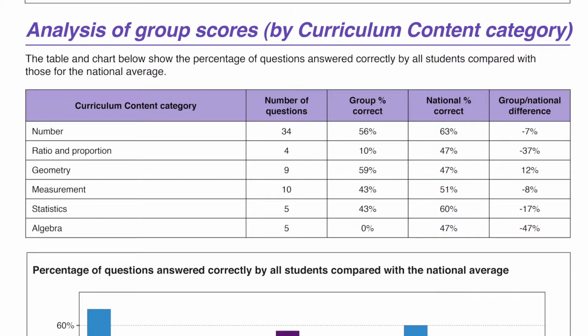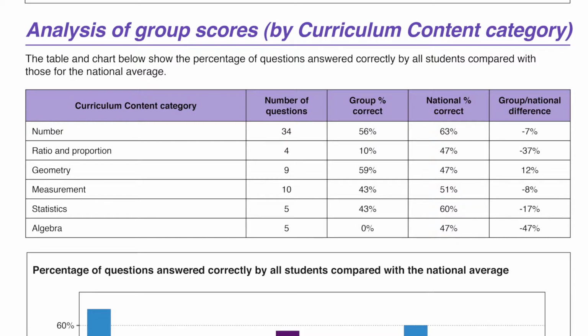For this particular group, they are outperforming the national sample in 3 of the 4 categories. You may want to investigate the category where this group is underperforming against the national average, as this information can help support learning. Let's look at a different group with a lower overall performance and the analysis of group scores